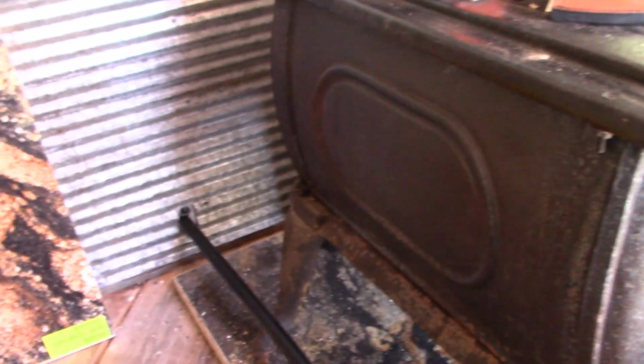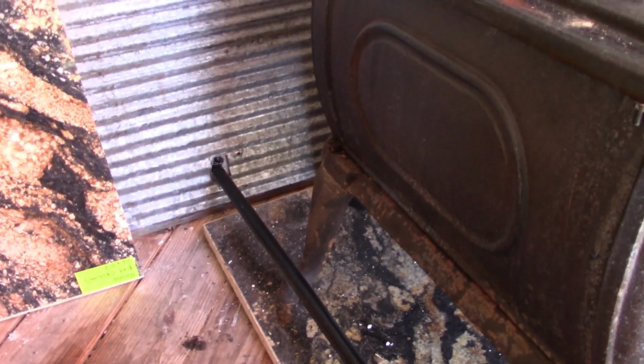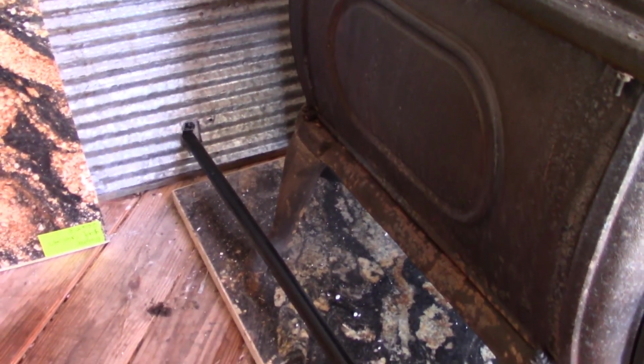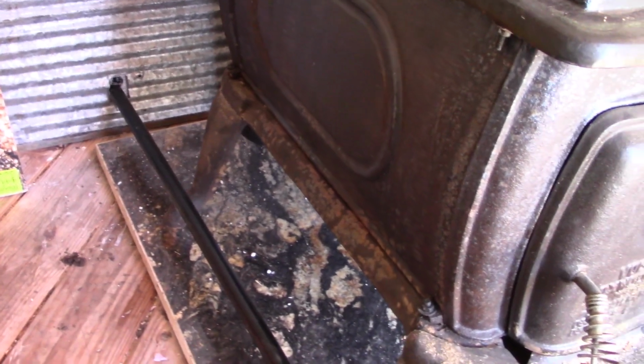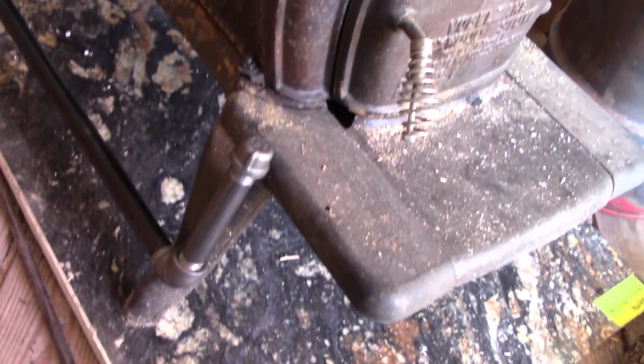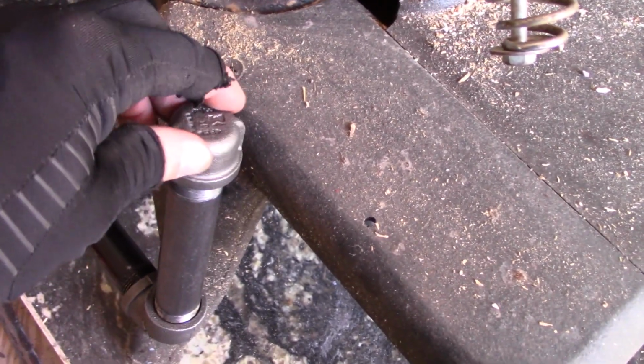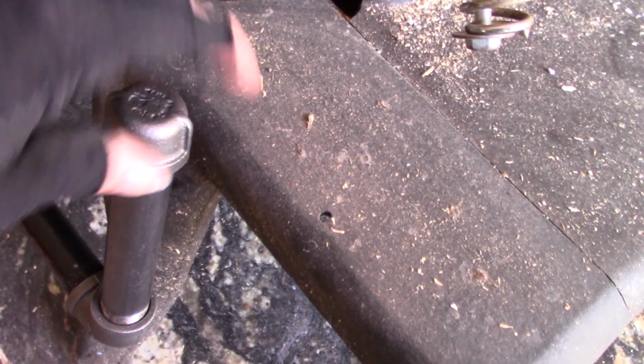So I drilled a hole in the back. I bought a 4-foot piece of black piping. Not very big. In case this doesn't work, I'm only into this for about $45. An elbow, a 6-inch piece, and a cap. So when we're not doing it, I have the cap on there. But if I want to fire,